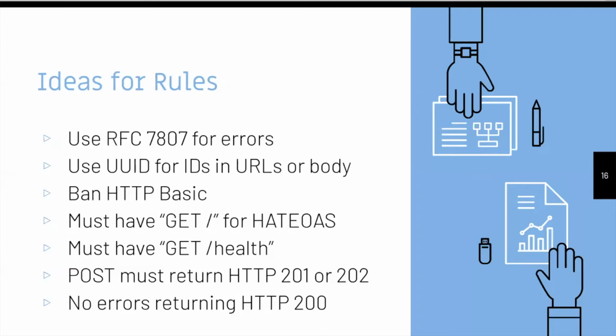And instead of having auto-incrementing IDs in the URLs, so that people can just +1, +2, +3, +4, and download your entire data set, you can use UUIDs to make them work a little bit harder to rip your data off. You can ban HTTP basic entirely, because it's usually garbage, and you could enforce that everybody has to use OAuth 2, and you could even say you can use OAuth 2, but you can't use the password grant or the implicit grant. You can get really specific about things that people can and can't do.